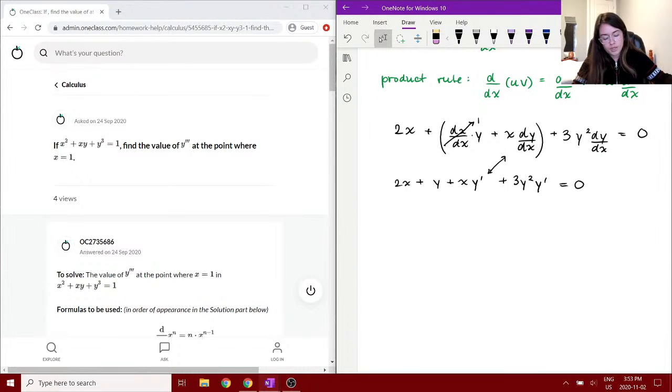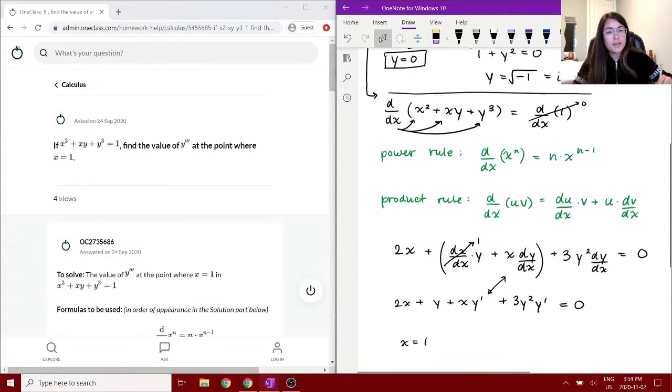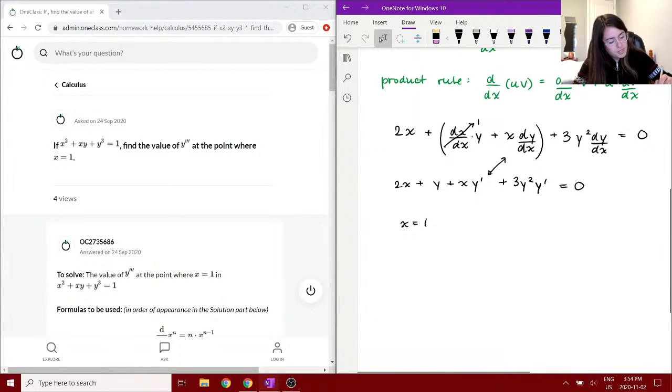Now at this point, we are ready to sub in the known values, the things that we already know. So from the question, it tells you that x is equal to 1. And now we also found out from before that y equals 0. So that will help us. We can set y equals 0 as well. So then we get 2 times 1 plus 0 plus 1 times the first derivative of y plus 3, 0